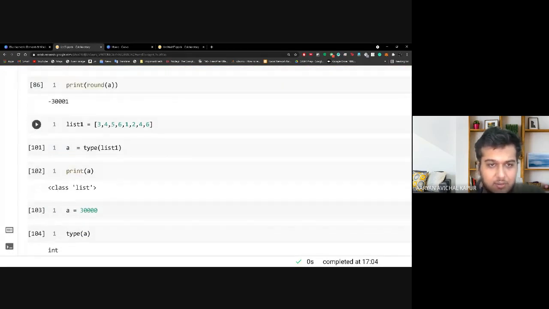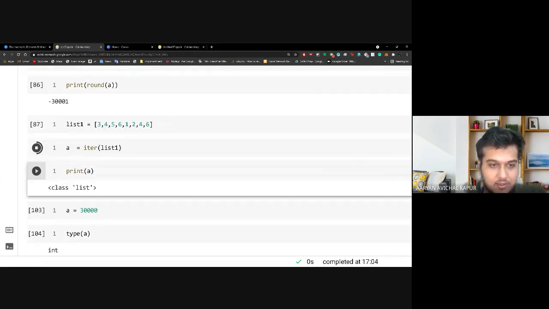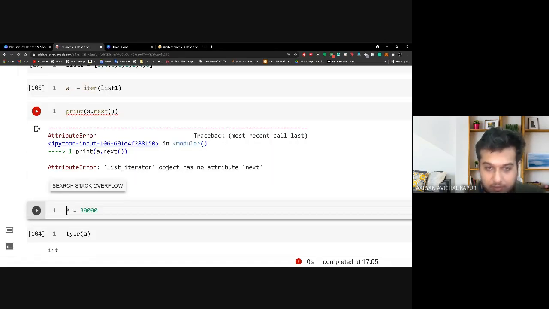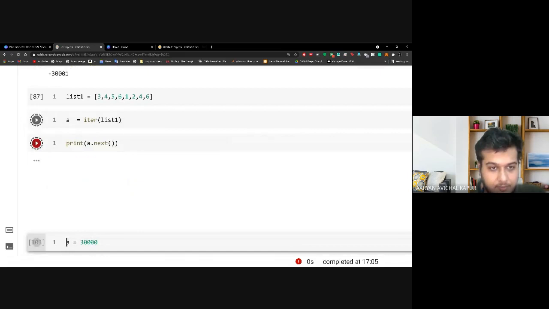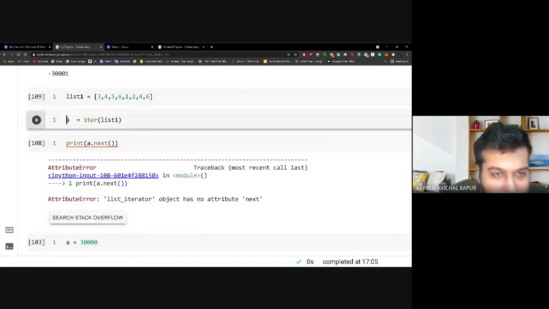And there is iter as well. So it will simply make this iterable, and then I can put a dot next, so then it would print the next number. That is, of course, just a second. I have not converted it to next. Give me one second.